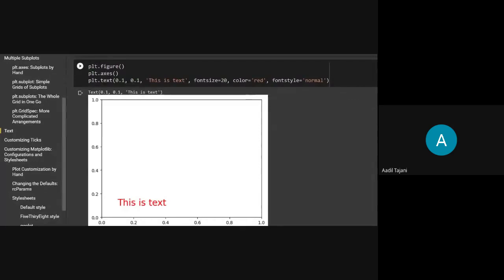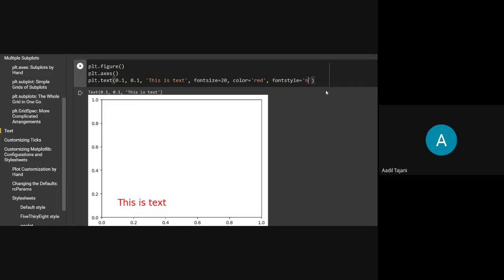Then you pass the string you want to show. So I have passed the string "this is text", and as you can see here, it has shown me the text. You can also change different parameters of this text. You can change the font size, the font color, the font style.